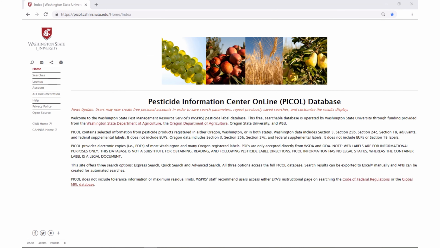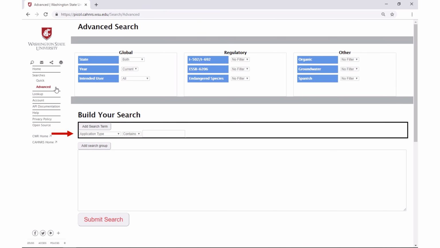The third way of filtering for restricted use pesticides is by using a specific search term in the Advanced Search section. From the drop-down box on the left, select Usage Category. You can then filter by SRUP for all Washington State restricted use pesticides, or by Federally Restricted Use for those with federal restrictions. The Usage Category search term can be added on with any other search terms in the Advanced